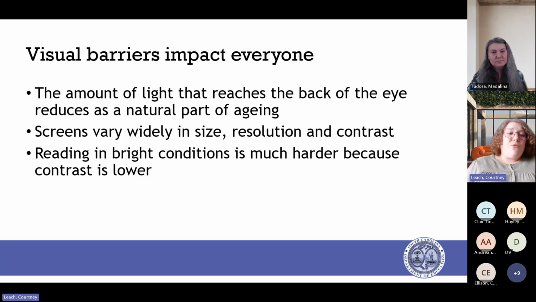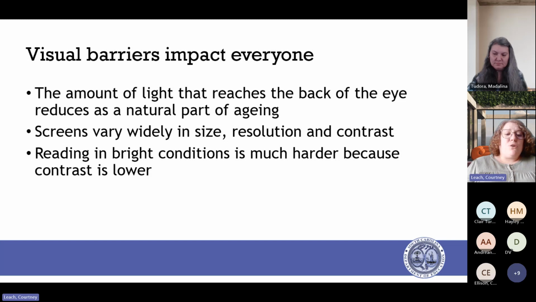Also, screens vary widely in their sizes, in their pixel resolutions, and you also have to think about the physical size of the screen. A lot of our schools use Chromebooks, and those screens are very small.